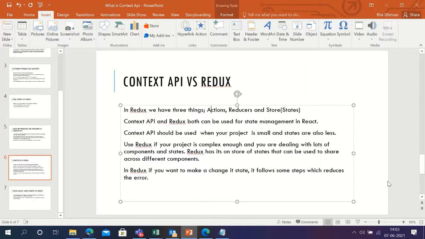Redux has its own store of state that can be shared across components. If you want to change states in Redux, it follows some steps which reduce errors, correct? So when the project is very complicated, we should use Redux.